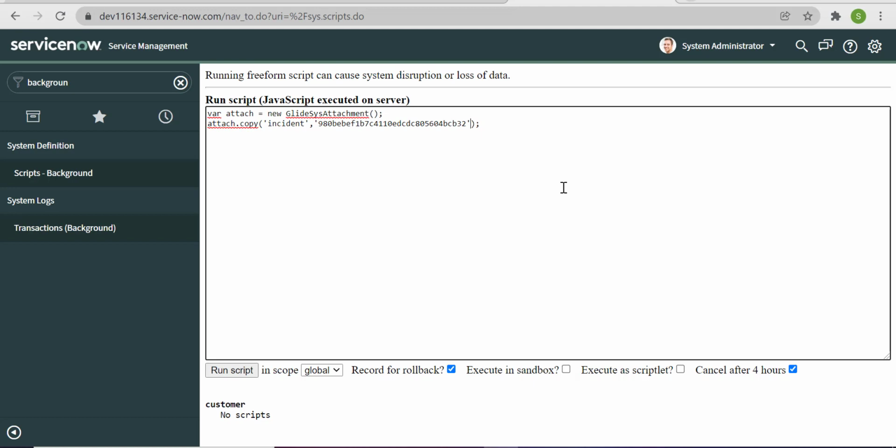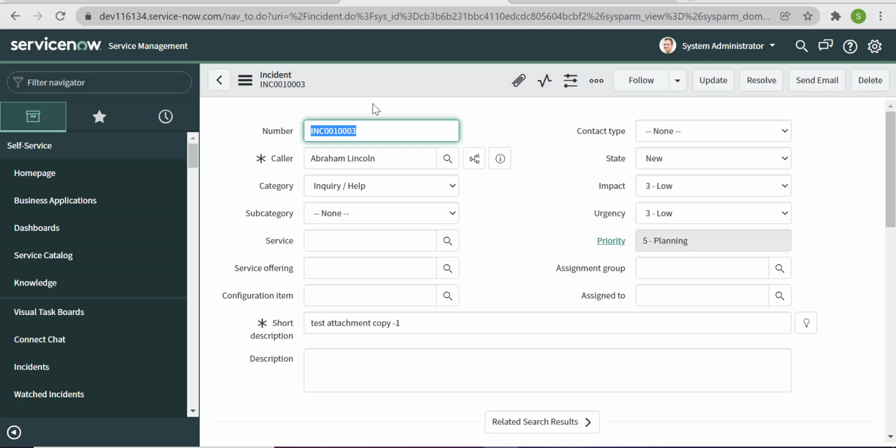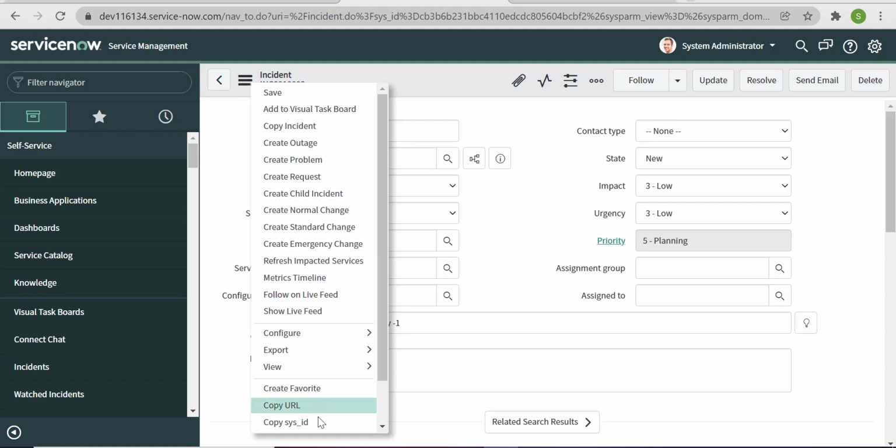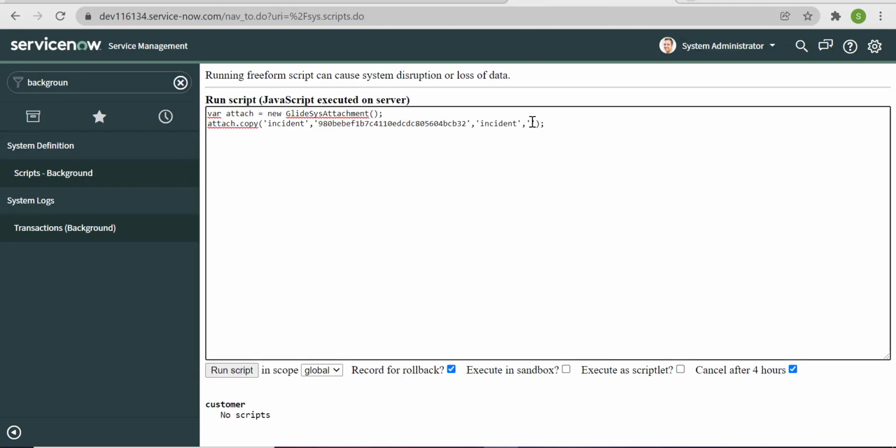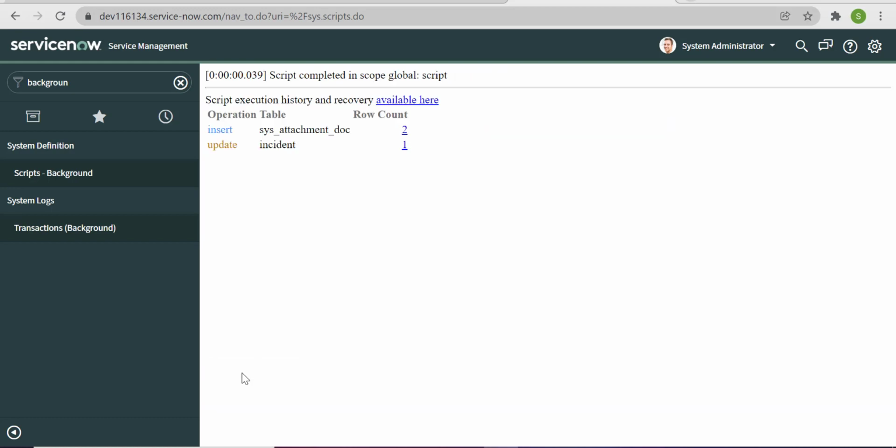Now the target table name, that is also incident, and the target record ID, comma, record ID. So let me see, var attach equal to new GlideSysAttachment, attach.copy incident. I think that's right. It should work. Let's run the script.